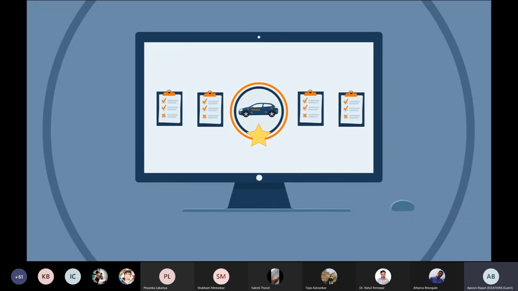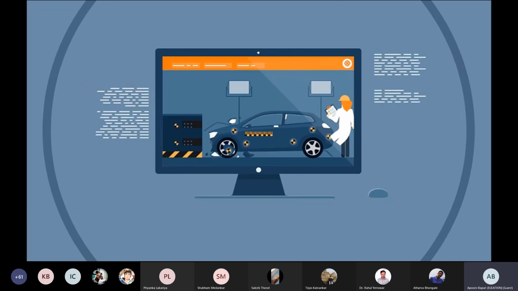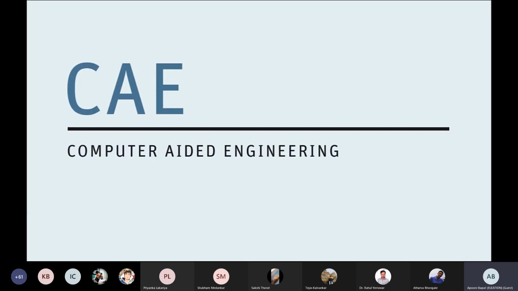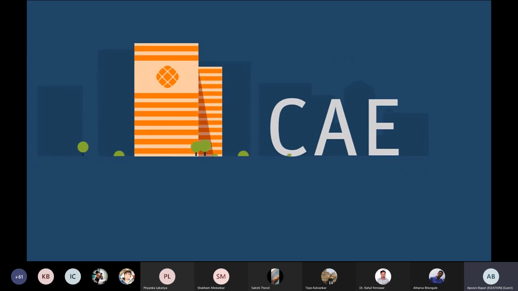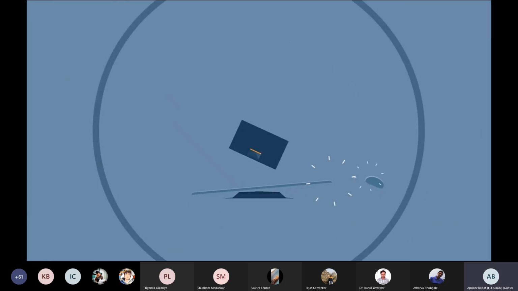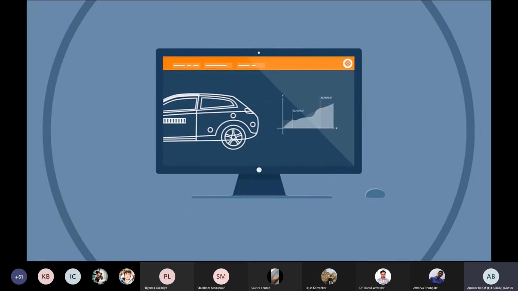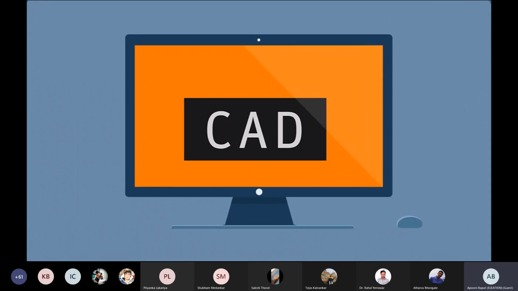We're lucky that we're living in the digital age. Most tests today are conducted on the computer using CAE. CAE stands for Computer Aided Engineering, also called calculation and simulation, and explains how computer aided engineering works. Nowadays, each car is first constructed on the computer. The data of the drawings designed in that way is called CAD data.